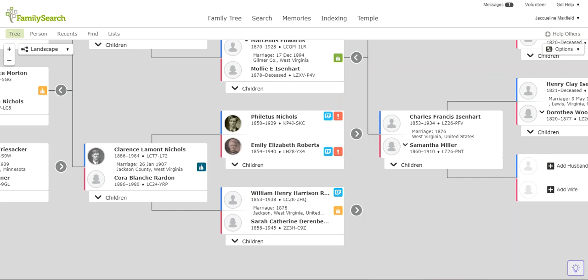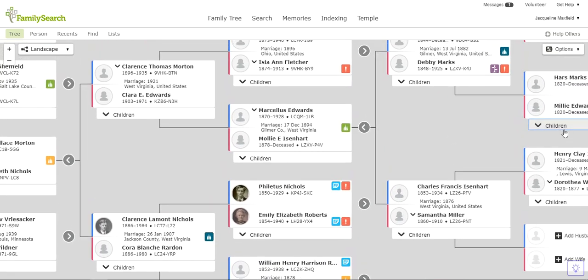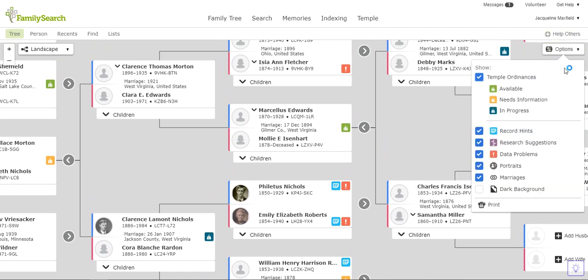So what I would like to do now is to show you how to address these exclamation points right here. And if you forget what these boxes mean, you can come over here to options. It's kind of hard to see because it's sitting on top of a name. Let me pull that down. But options right here, you can click on options and you can see, oh, okay, that little red box, that